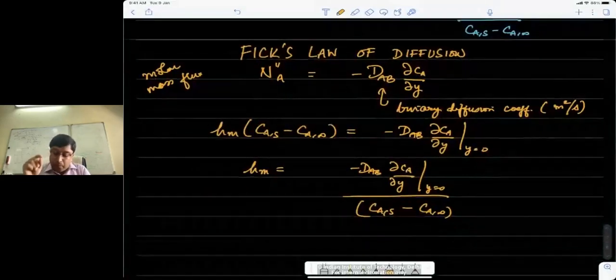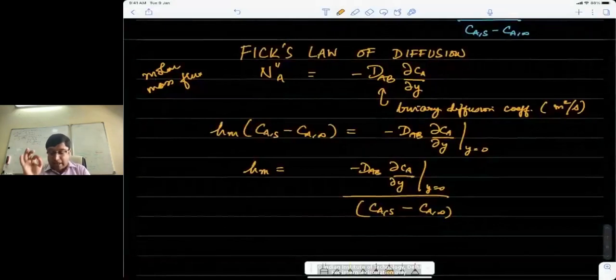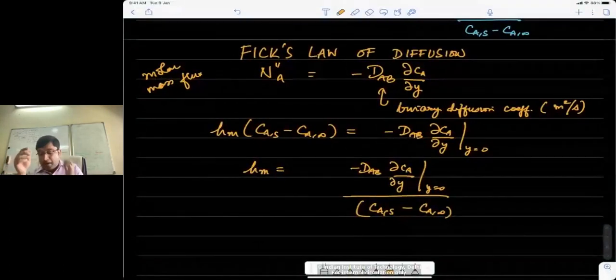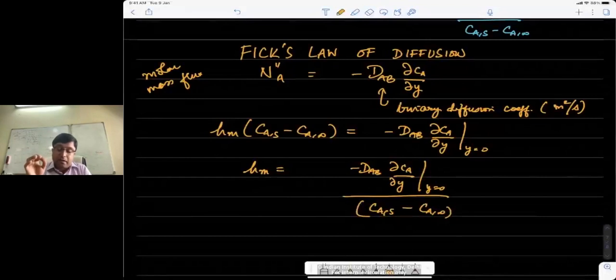The last thing again I want to remind you is that the velocity boundary layer would always be there as long as there is a surface at rest and the fluid velocity is not the same as the surface velocity. But the thermal boundary layer and the concentration boundary layer will only develop if there is a difference in concentrations or difference in temperatures. So please remember this. Don't forget this.